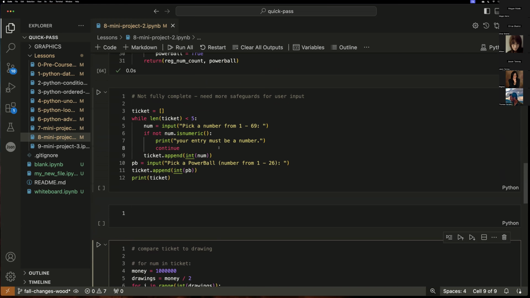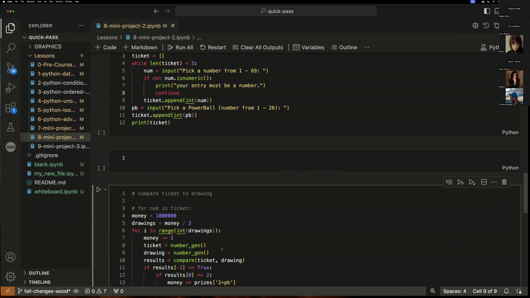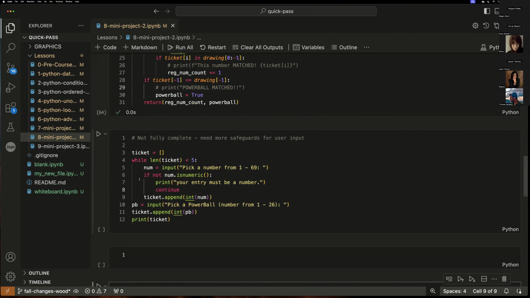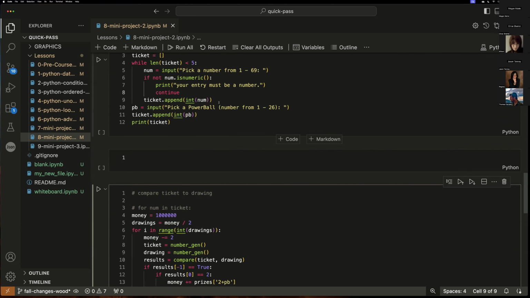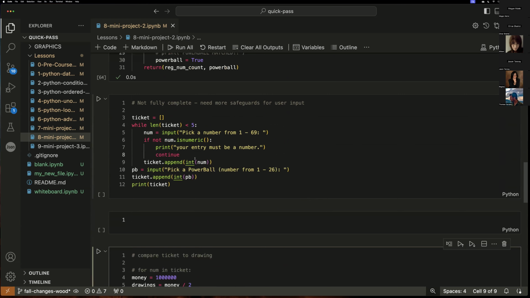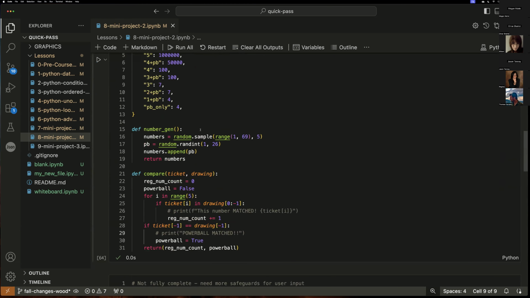Let's go back and revisit maybe choosing our own number, right? So we initially talked about choosing our own number, and we kind of got there. We didn't quite finish all the safeguards, right? But we can incorporate this right here and maybe call it something else, right? So